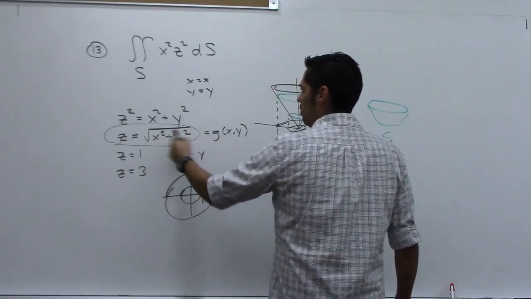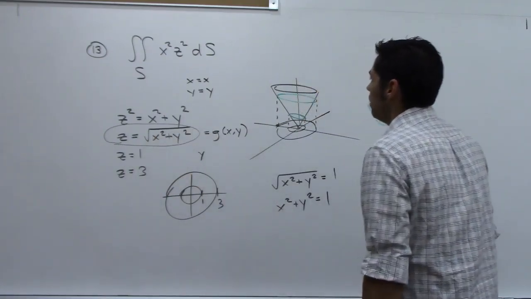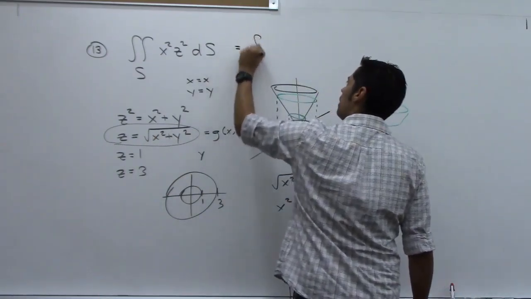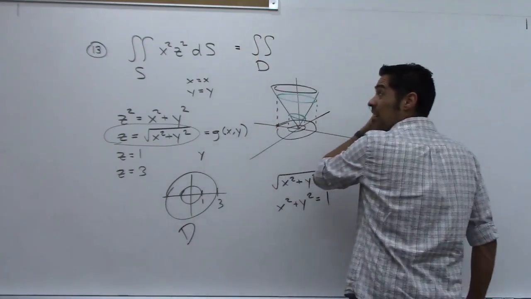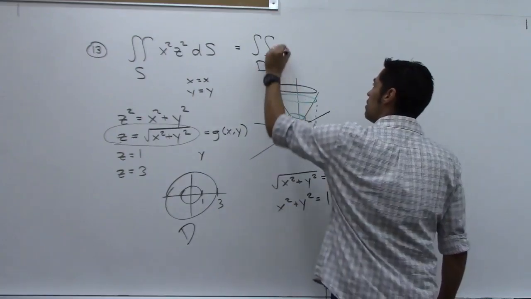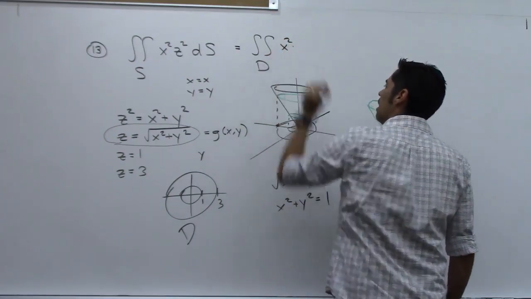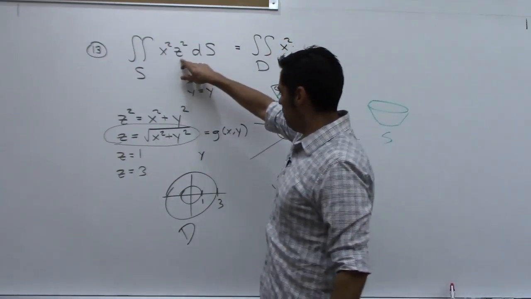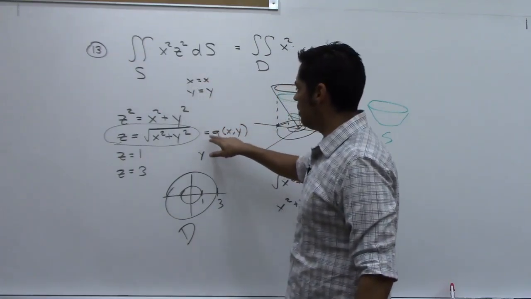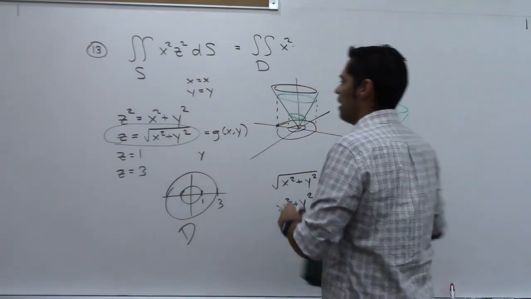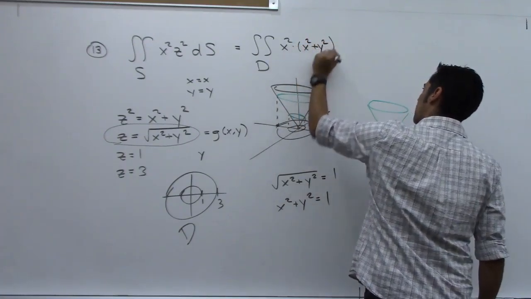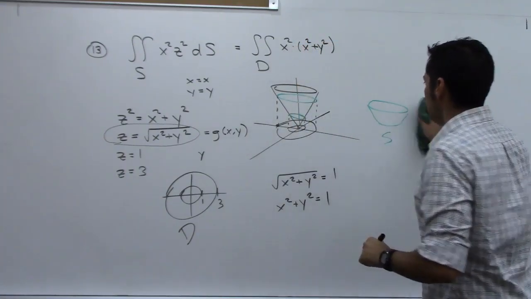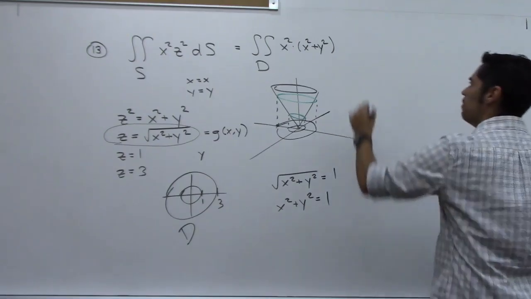So this becomes a double integral over some region D of x squared times z squared. Z is actually this, and if I square it, I get x squared plus y squared. That's really nice. And then I need to get this special piece right here,